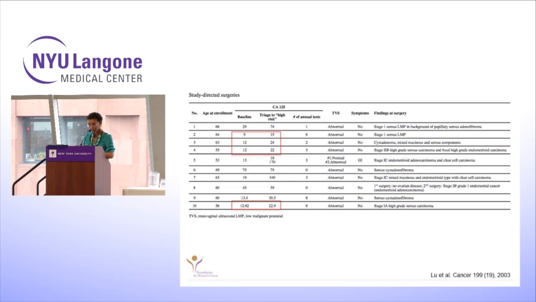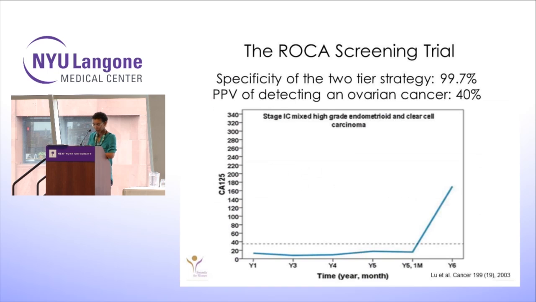So again, it's not just the specific number, but a change in that number over time that is more important. So this is from their paper, and this is one patient who was detected. This patient ended up being diagnosed with a stage 1C ovarian cancer. And you can see that initially this subject had normal CA125 levels. There was a slight trigger here, was rechecked, and then all of a sudden the increase, which was detected, and she was diagnosed at a stage 1. So a success story.